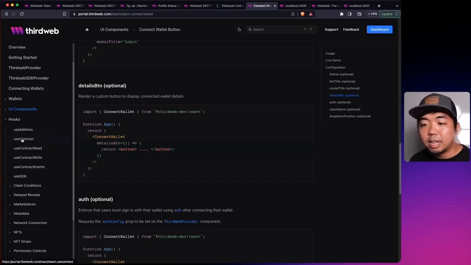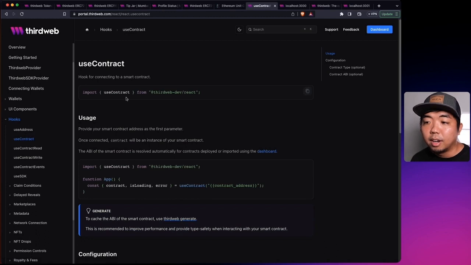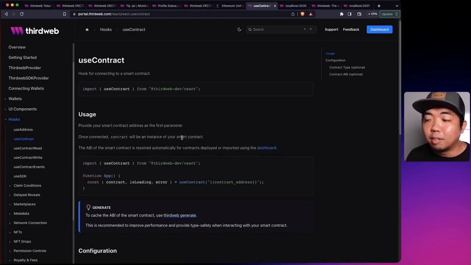The first one is this use contract hook. You can see the use contract hook is a hook for connecting to a smart contract. All we need to do is provide our smart contract address, and what this will do is get an instance of our smart contract. And the great thing is it takes care of all of the heavy lifting. So normally what can be many lines of code, we can